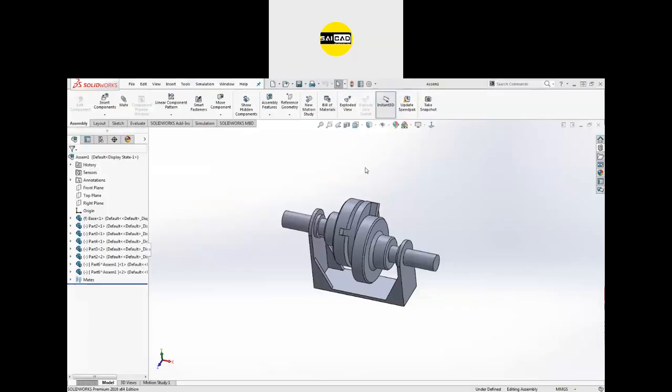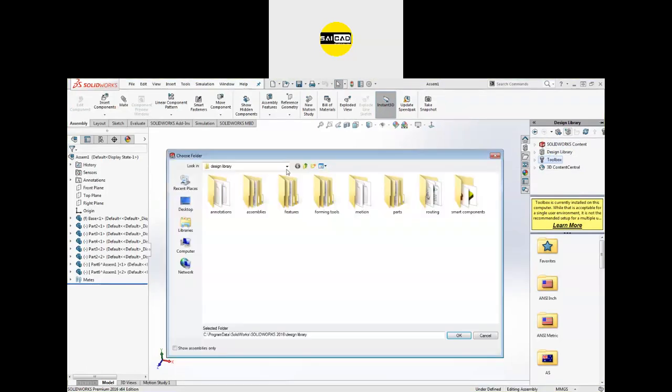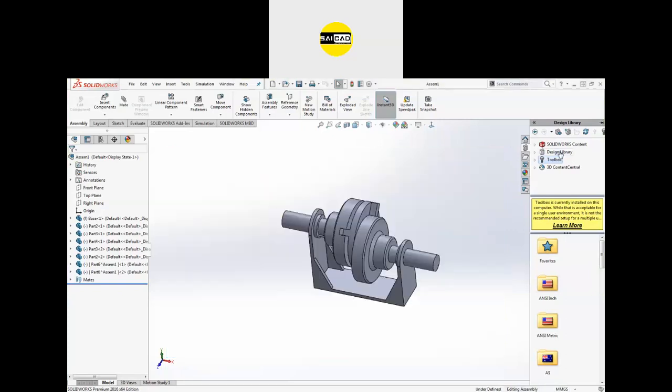Okay, and the other option was from here. There are two options. First is the design library. If you don't see your design library, you can import it from here, like I have created. Go to C, Program Data, SolidWorks, select the version and select the design library. You will get your design library here.